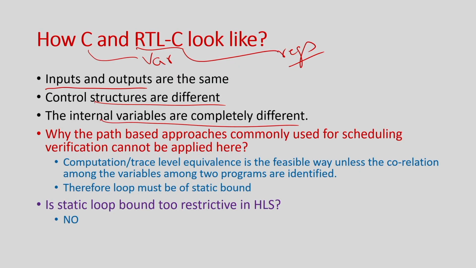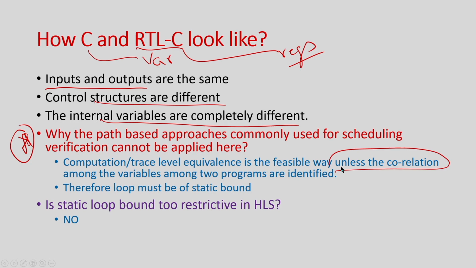So, the important point, that is very important, is that whatever path based approach that we have talked about for path wise verification, we cannot apply here because of the intermediate variables, their correlation is not available, right. So, we cannot just do that, we have to do the trace level equivalence, right. So, we have seen that to compare two FSMDs, we can say that for every trace there is an equivalent trace and vice versa, right. So, that is something we have to do here,